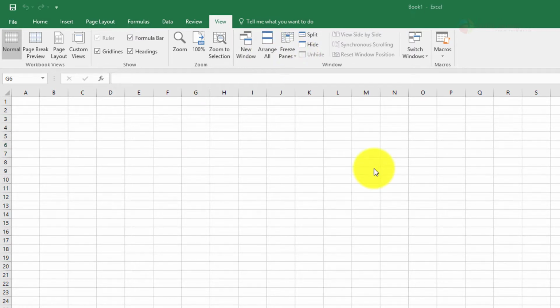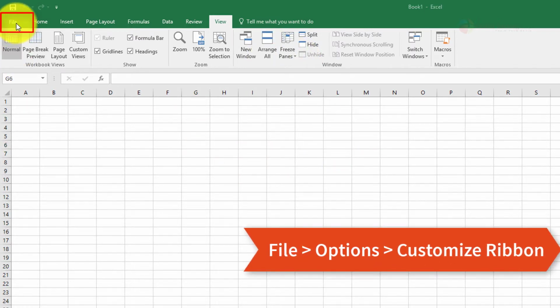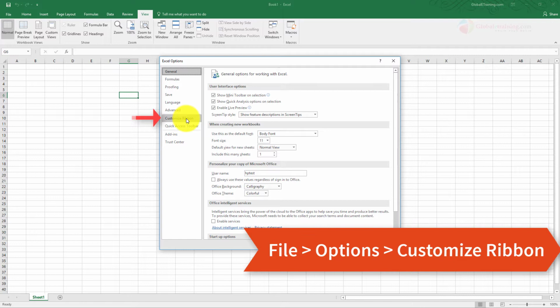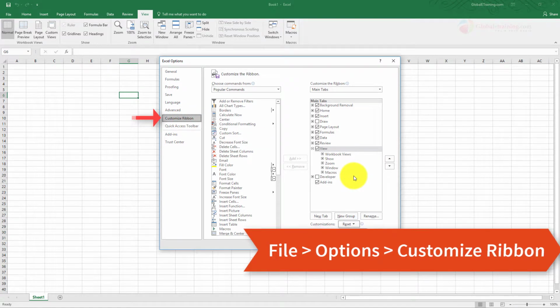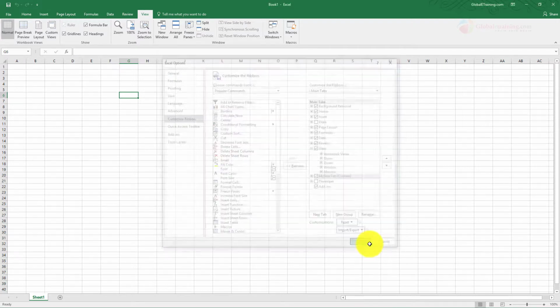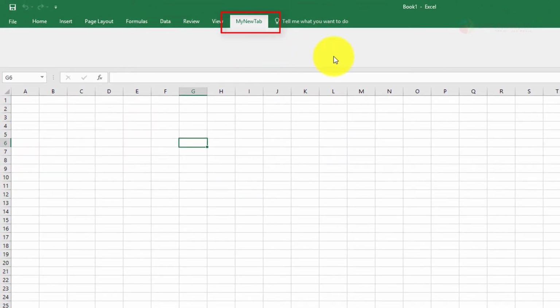In addition, you can also customize the ribbon. To customize the ribbon, go to File, go to Options, and from this screen choose Customize Ribbon, and you can customize to your liking. As you can see, the main tabs here are the tabs that you see on the ribbon. You can add a tab. Let's say, for example, I'm going to add it and call it my new tab. Okay. So it added a new tab, but